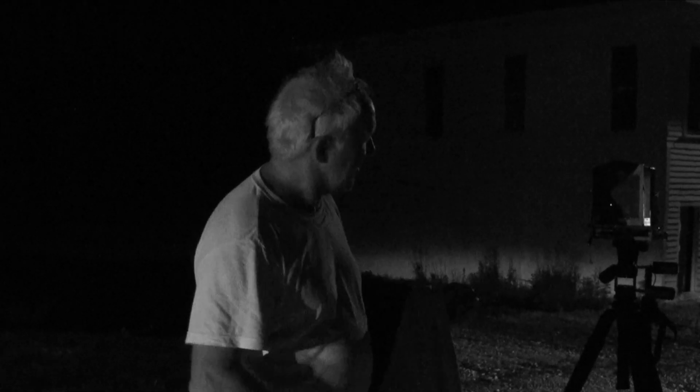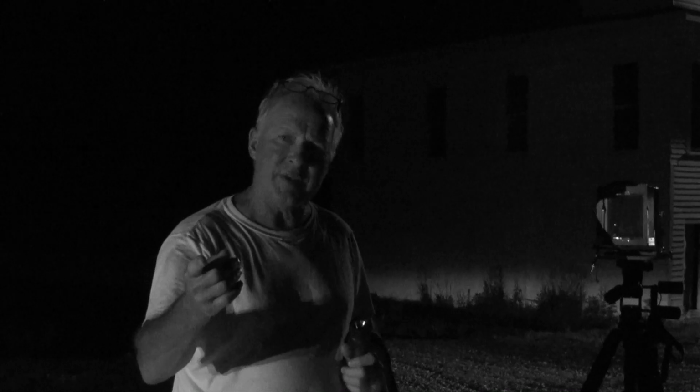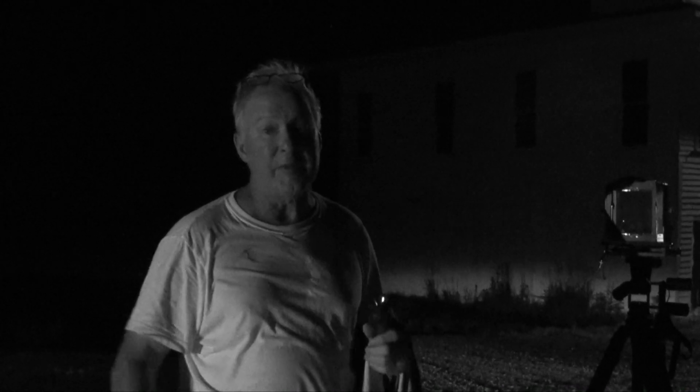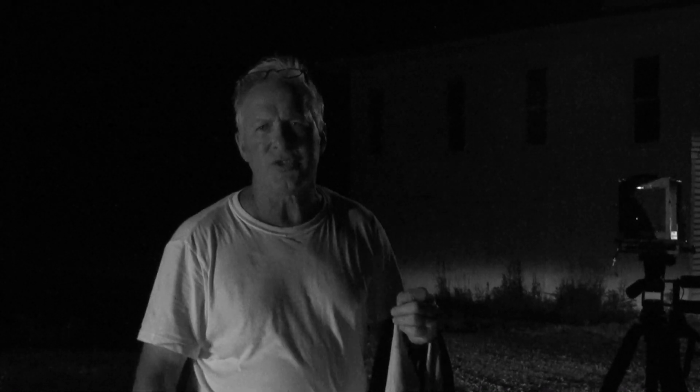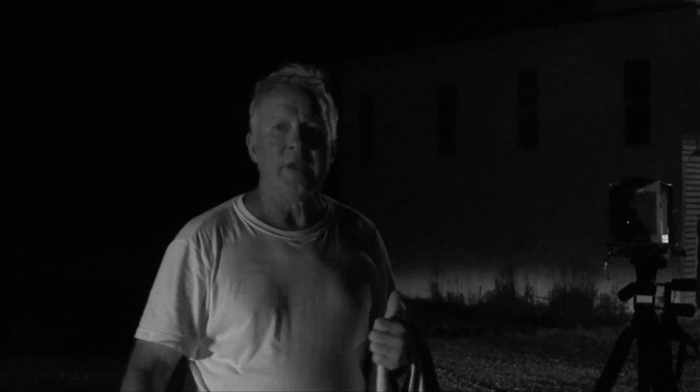So I've set up a camera, a tripod. You got to have a tripod for night photography. And what I'm going to do is, after metering and showing me that I need to make an exposure of about 4 seconds, I think I'm going to shoot at f11, which is good enough. F11, 4 seconds. I'm going to take one picture at about 10 seconds, because with Tri-X film, you always need